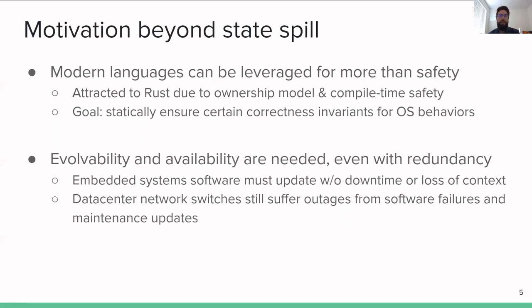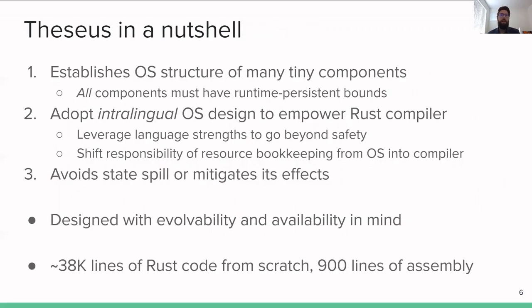Even in data center networks where switches are replicated for reliability, software failures and maintenance updates in the switches still lead to network outages, despite that redundancy. We believe that Theseus is well suited for these environments. Now, the outcome of our experimentation is Theseus, a new OS we've written from scratch in Rust that makes the